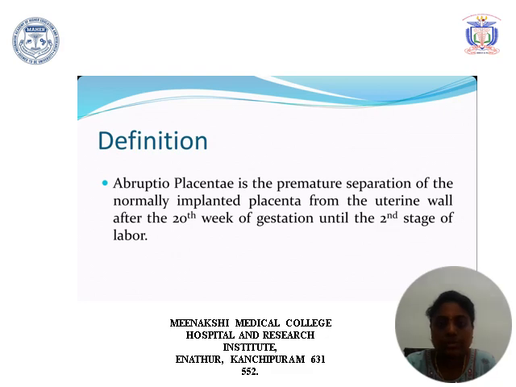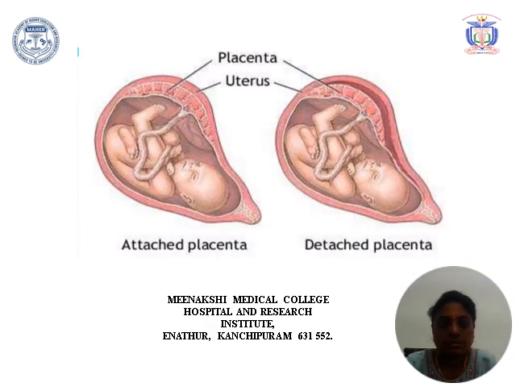Definition: it is premature separation of the normally implanted placenta from the uterine wall after 20 weeks of gestation until the second stage of labor. Here is the attached placenta on the left side of the diagram, and on the right side it is the detached placenta from the